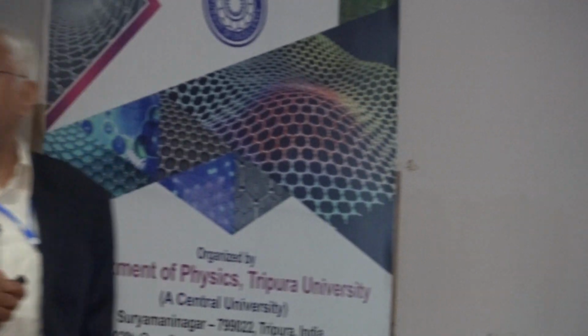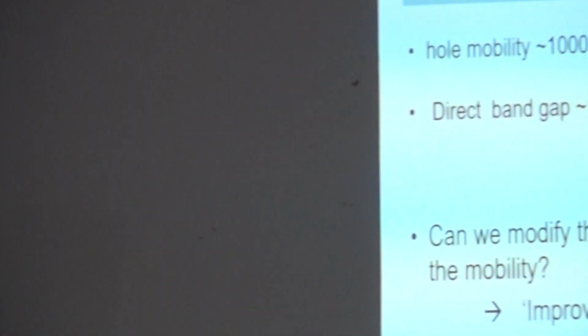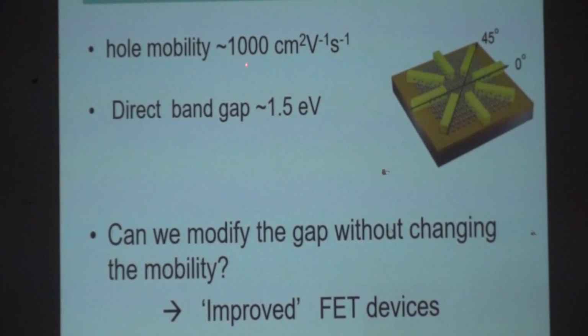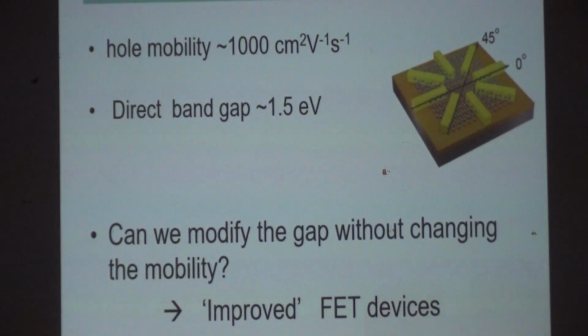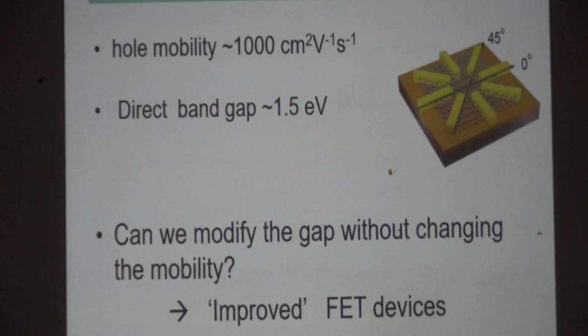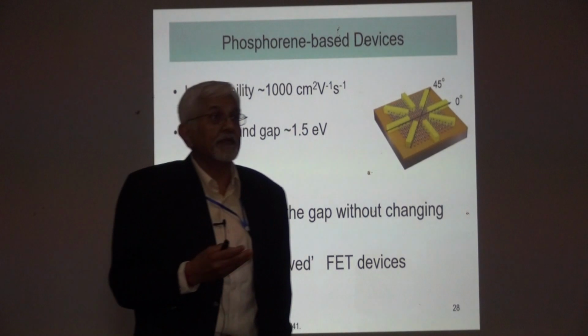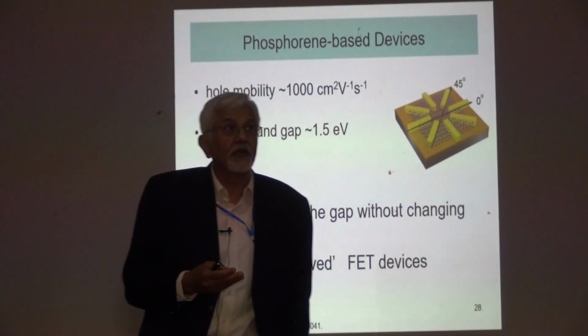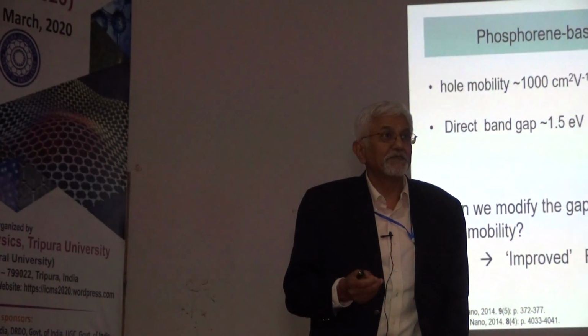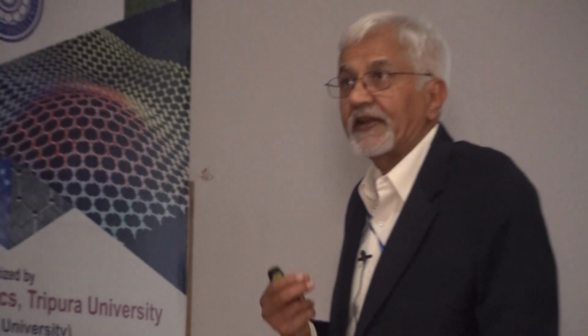It has a very high hole mobility, which is again important. The direct band gap, but again it's 1.5 electron volt. If I go to any device physicist, he said, I have a material which has a gap of 1.5 electron volt, is it a good material? He said no. It has to be around 0.2, 0.3, 0.4 electron volt to make a good field effect transistor